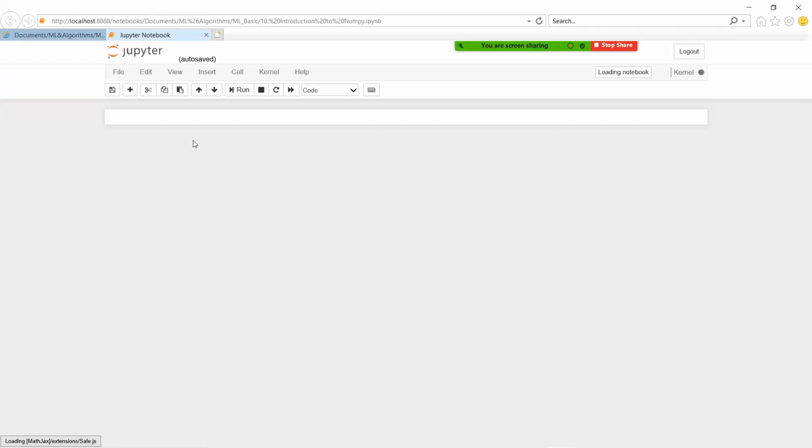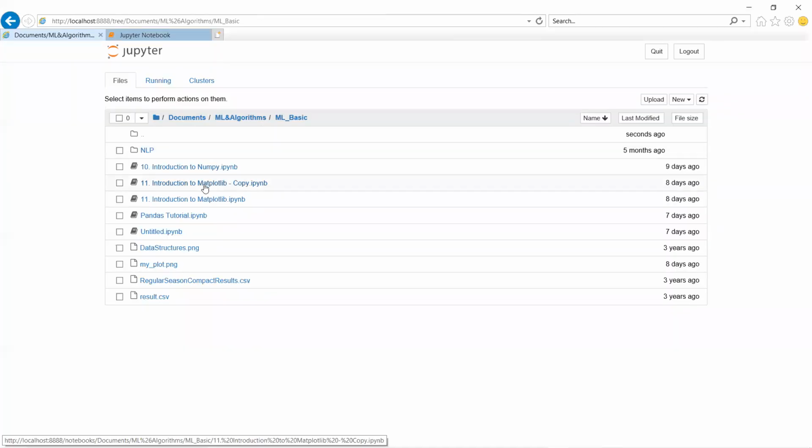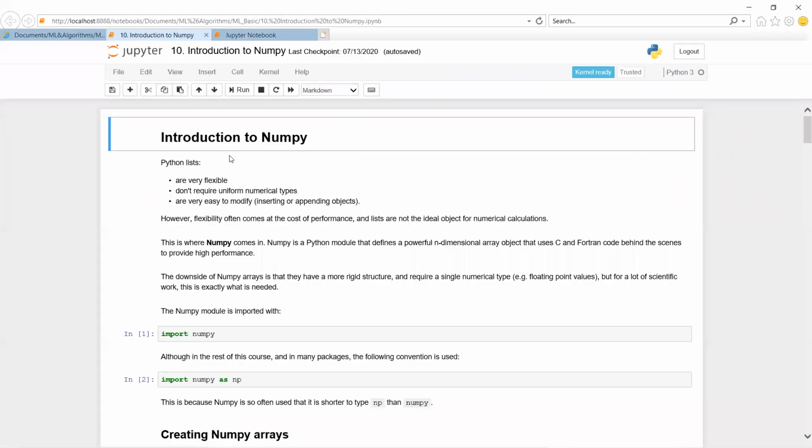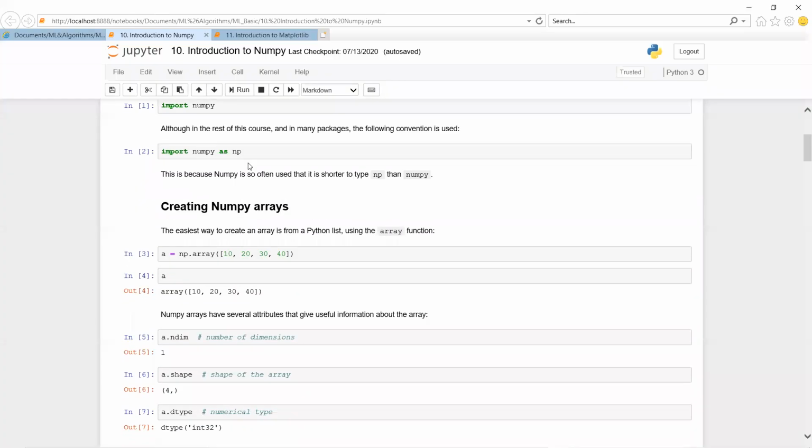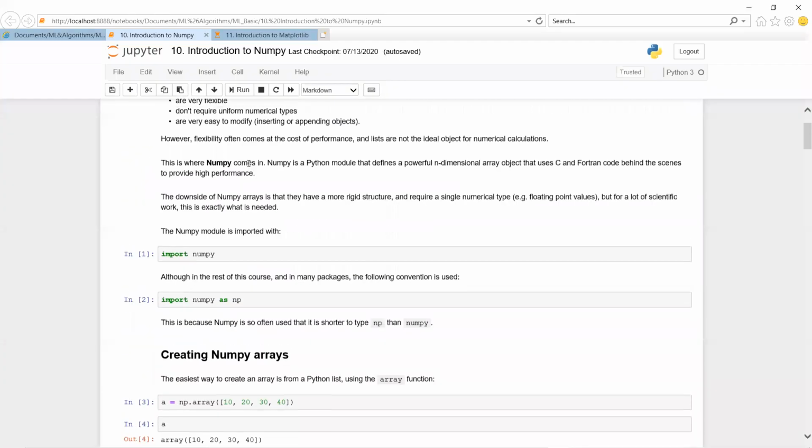Previously we executed these programs using IDLE. Here we are using a Jupyter notebook to execute these NumPy packages. The program will be the same, but the way of executing is different.